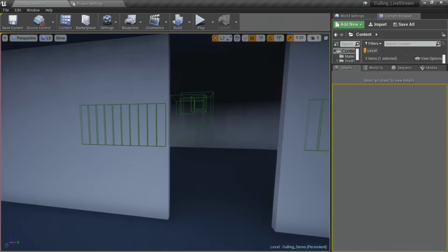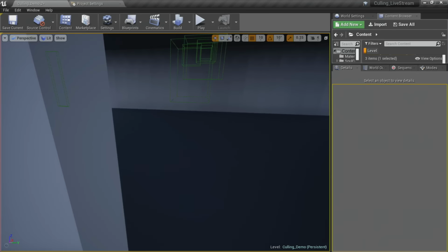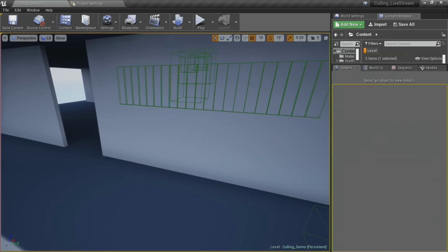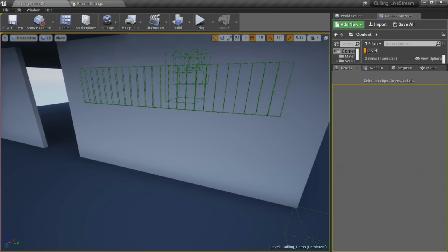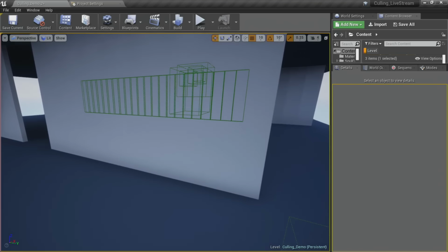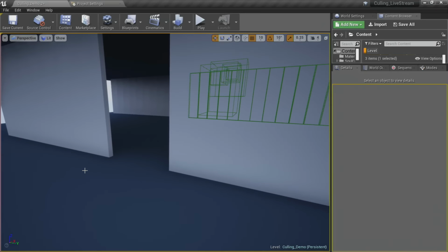You'll notice there's my wall, and then some other ones behind it. That's the directional light, the skylight, and all those other objects I have in my world. You can see how for a very large world, it can get very messy. But if you're just trying to debug a small section, it could be beneficial to hide some of your stuff and use this as a view mode to get an idea.